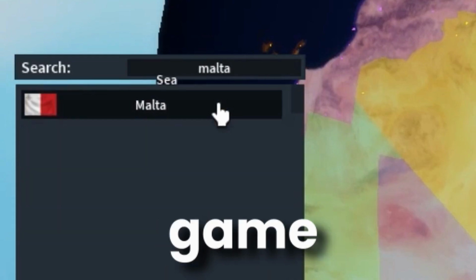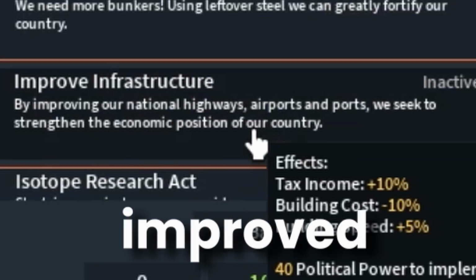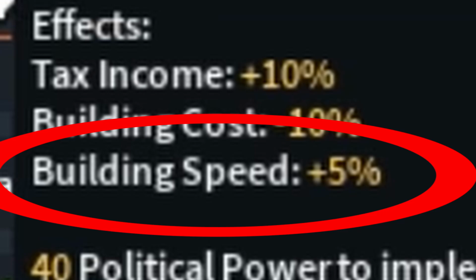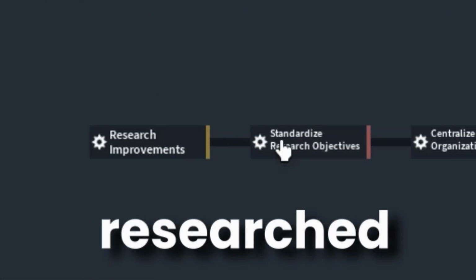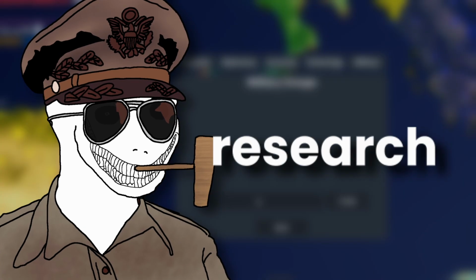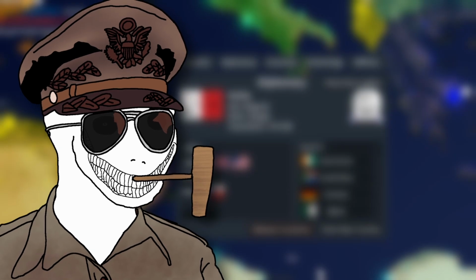So I started the game by picking Malta, enabling the improved infrastructure policy to make buildings build faster, and created an electronics factory. I then researched in technology, in order to gain more research points sometime in the future. At this point,